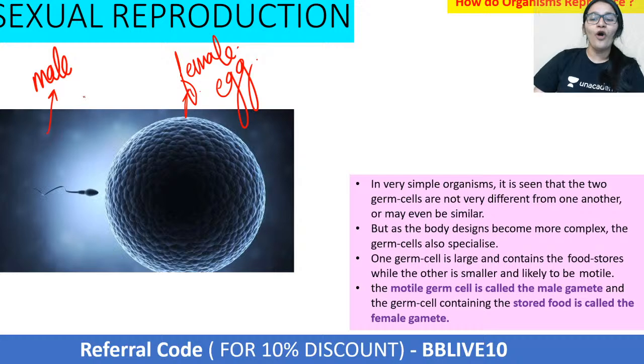It is happening all because of one thing, okay? That the baby is going to get nurtured in the female body, right? So the egg is going to remain there only. But my male counterpart, that is my male gamete, comes from another individual, right? It has to travel a long distance.